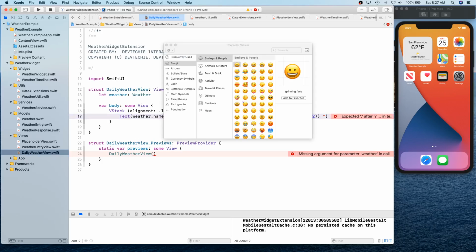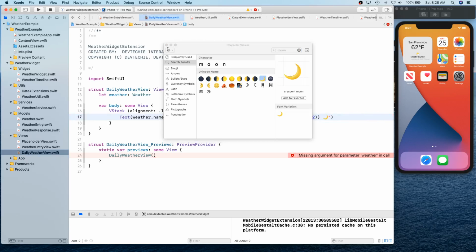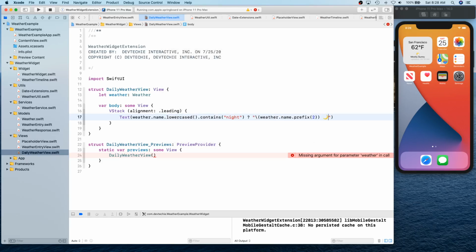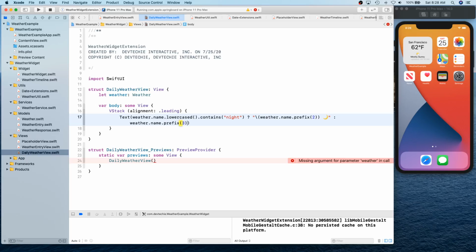So moon, this right here. So this one we can use. Okay, and so I'm going to just double click on it, and there we go. Okay, so that is going to show for the night, and if it's just regular, then we're going to simply say weather dot name dot prefix 3. Okay,